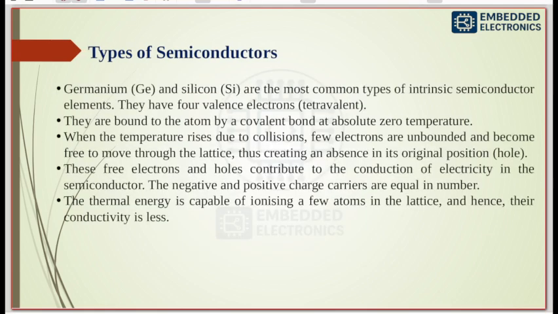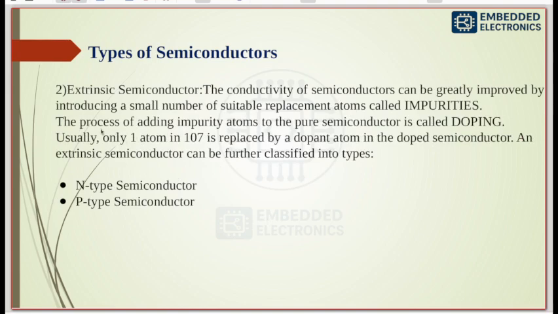Germanium and silicon are the most common types of intrinsic semiconductor elements because they have 4 valence electrons, and these free electrons and holes contribute to the conduction of electricity in the semiconductor. Electrons are negatively charged particles and holes are positively charged particles. The thermal energy is capable of ionizing a few atoms in the lattice. So hence their conductivity is less. See here, this is the